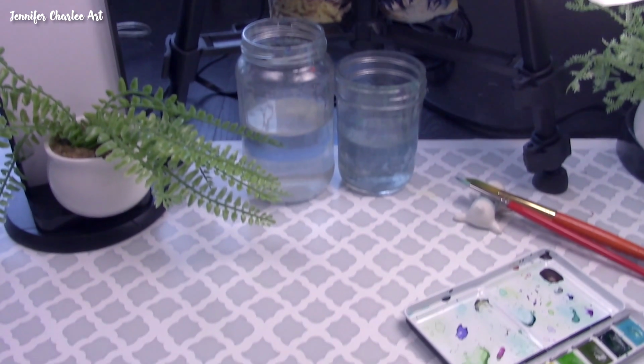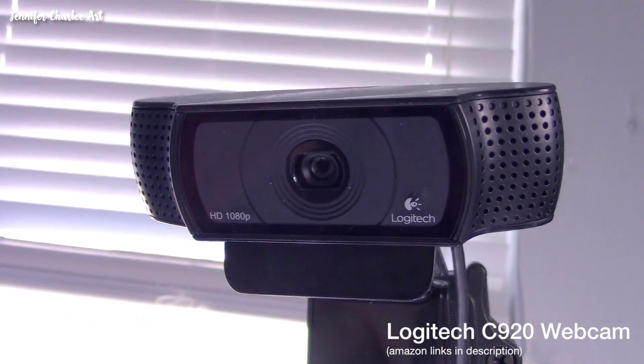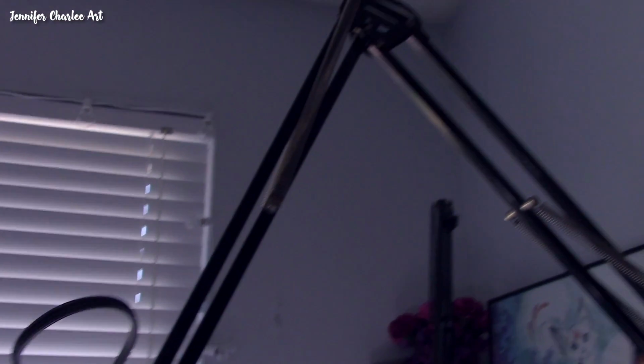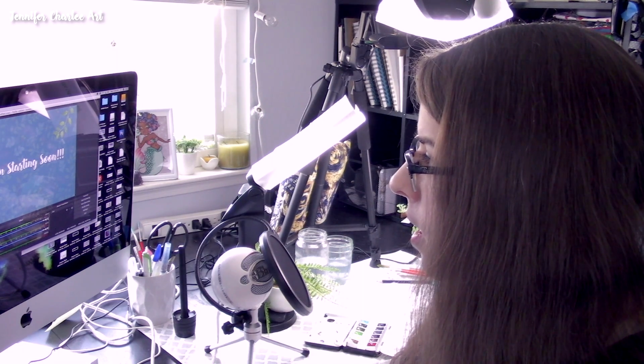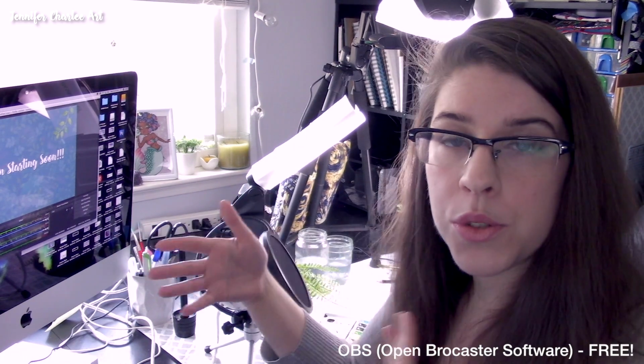As you can see, this is my work area, what is picked up on the webcam that I have here. You can see I have 3 different lights. This is my current light setup, and I'm hoping to upgrade in the near future. These are all different lamps that I have that have daylight bulbs, like I mentioned. I have my microphone here, and I have it real close so that I can talk right into it. And I have my iMac, and I use the webcam that is built in to have a face cam, and I also use OBS, that is the software that I use that connects to Twitch or YouTube or